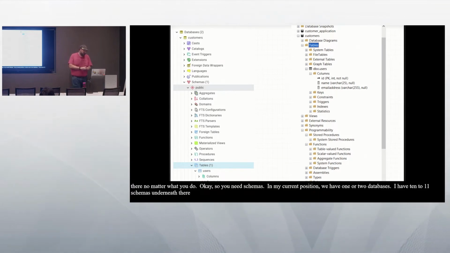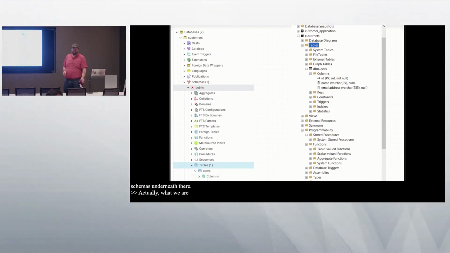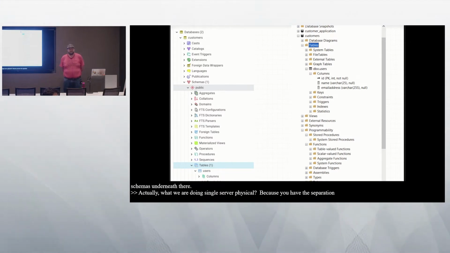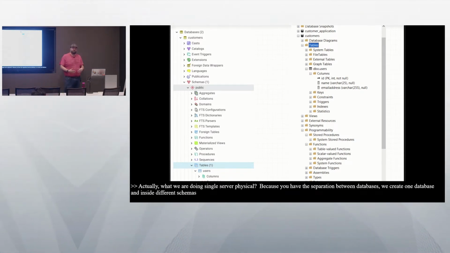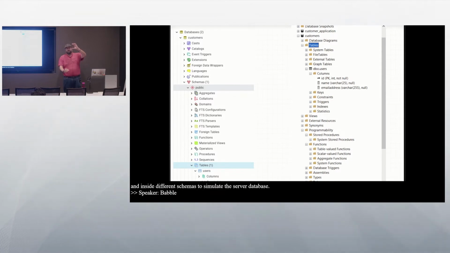So, this is actually what we're doing in Babelfish and AWS for SQL Server, which kind of teaches Postgres to speak physical. Because you have this separation between databases and Postgres, in Babelfish we create one Postgres database, and inside we create different schemas to simulate the SQL Server databases. So to reiterate for the camera, what you're mentioning is Babelfish has that same concept and idea. It creates one Postgres database and then many schemas so that it looks like a SQL Server would, because people normally in SQL Server are used to saying